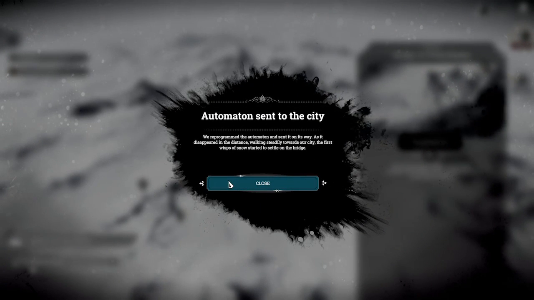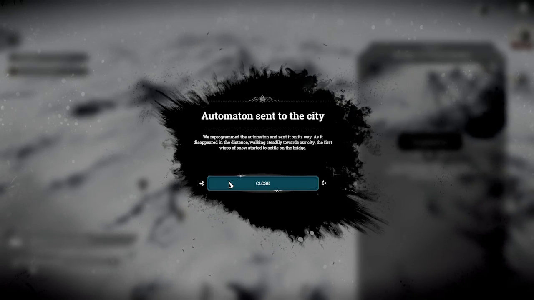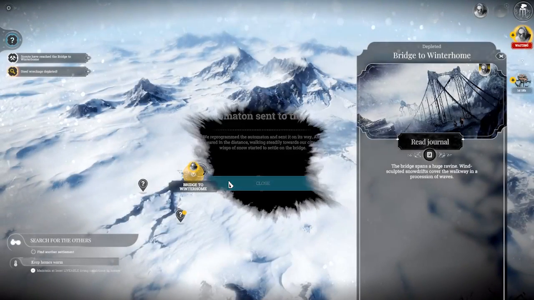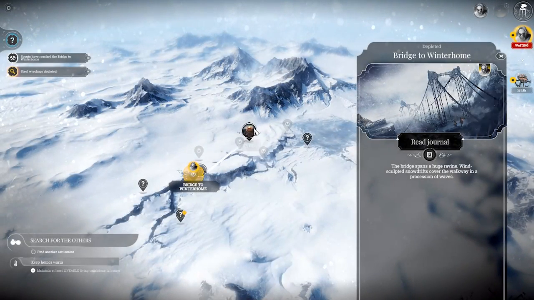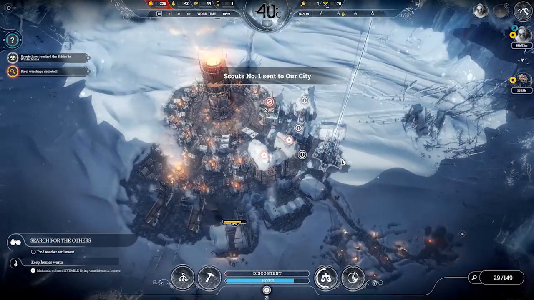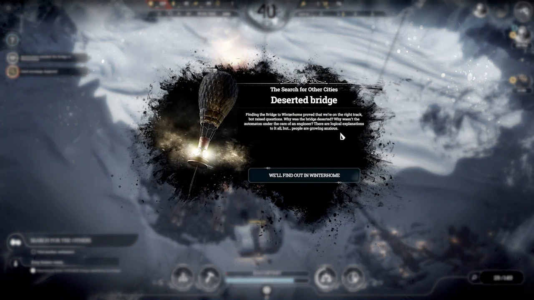We reprogrammed the automaton and sent it on its way. As it disappeared in the distance, walking steadily towards our city, the first wisps of snow started to settle on the bridge. So it's heading back home, and these guys are heading back home with food and things. In 16 hours, which is going to be cutting it close. Deserted bridge. Sorry,